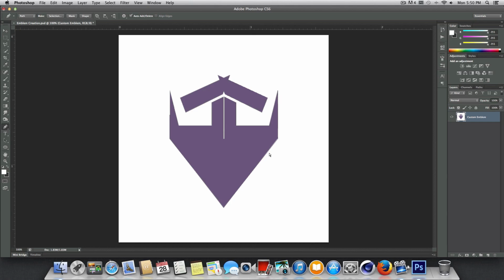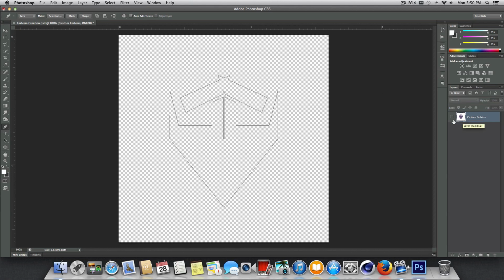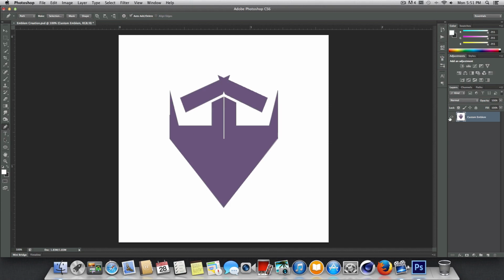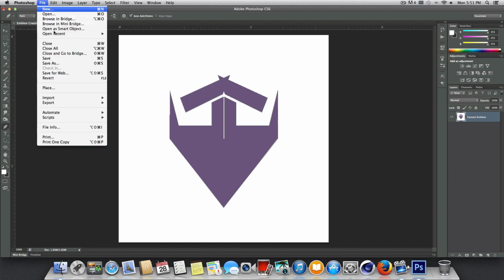Alright, so I just finished that up, guys. If we just turn off the emblem, you can actually see the outline of the path that we have created. So it's not 100% accurate, but it's pretty close to our original design. And really, once we have that, we can go up to File, we can go to Export, and just click